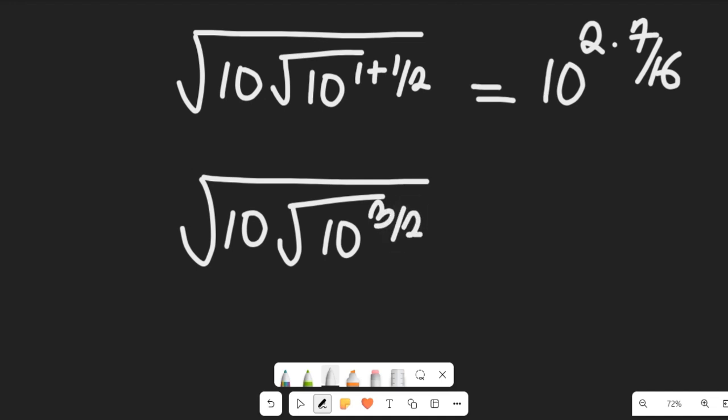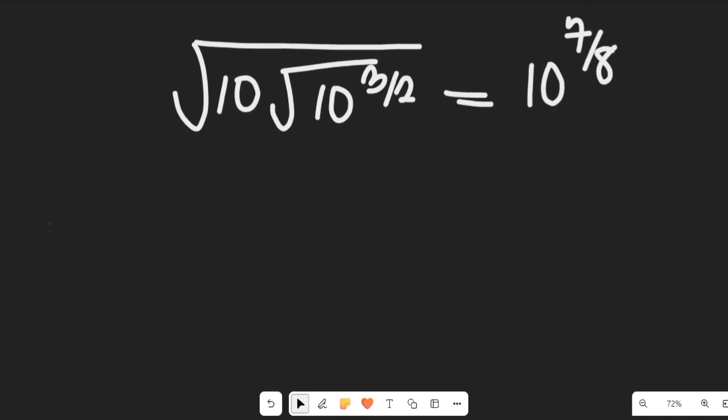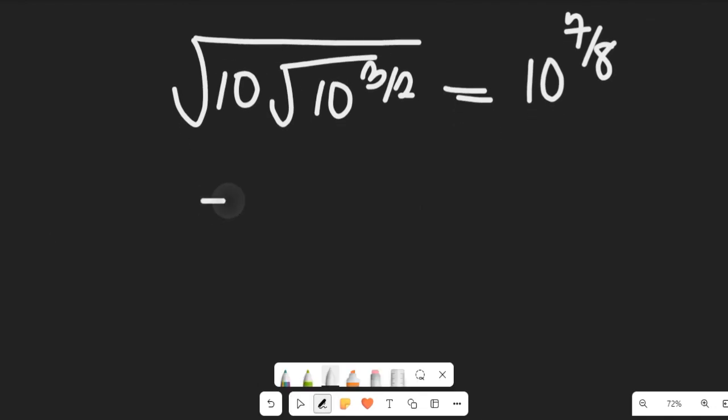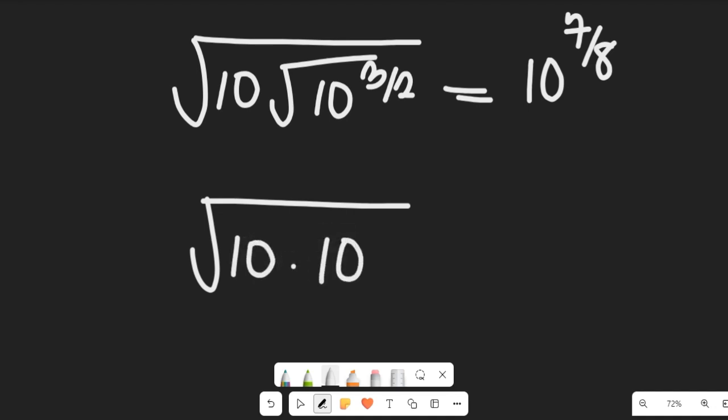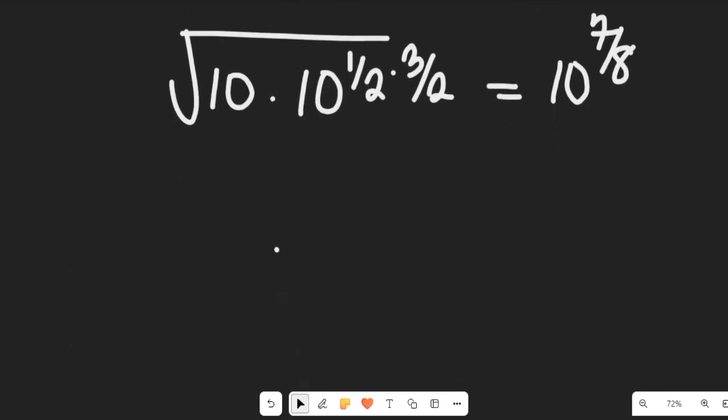Good. Now from this expression, this is automatically equal to 10 to the power of 7 divided by 8, because 2 here 1, 2 here will give us what? 8. So let's simplify further. Now that square root expression can now give us this, right? 10 multiplied by 10 to the power of 1 divided by 2 multiplied by 3 divided by 2, right? Because we change the square root, and this will be equal to 10 to the power of 7 divided by 8. Remember, what we are going to want to achieve is to let the left hand side equal the right hand side. So this is automatically going to give us